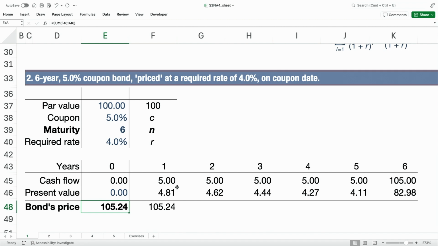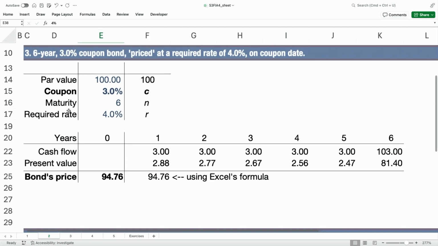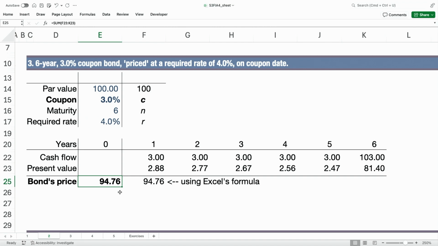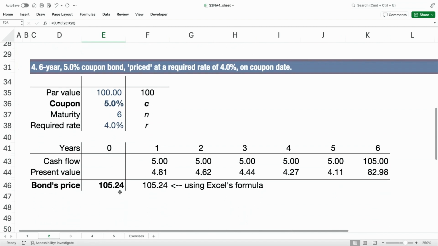Let's move to this other sheet here, where we want to compare two bonds with comparable risk, but that have different coupons, and where we're going to use the same discount rate. They are 6-year maturity bonds. We're still using both the hand calculation here in cell E25 and Excel's present value formula next to it in cell F25, even though it would not be necessary, just to show you how these calculations are carried out. As you notice, the price of this 3% coupon bond is 94.76 if I compare it with a 5% coupon bond with a price of